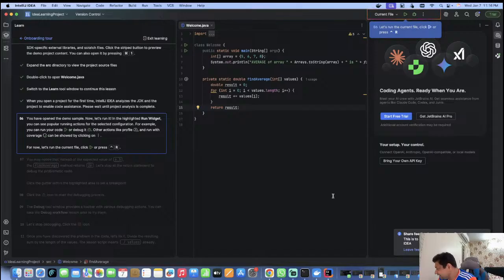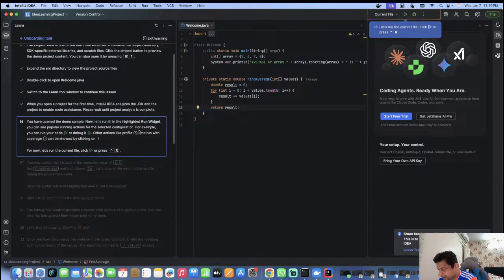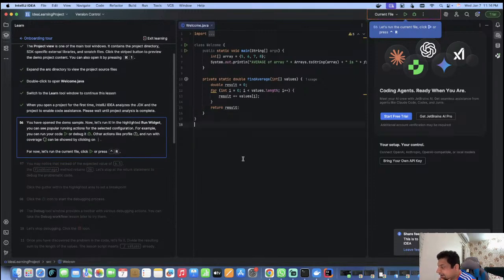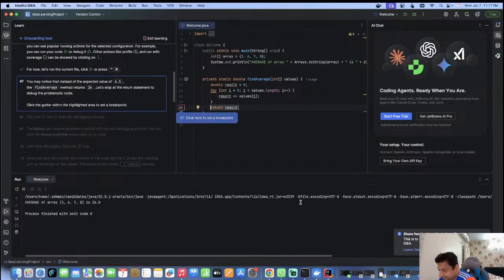So they have an agent-based coding also available here. Here there's a sample file, I can run it. You can just click on this run button, the green triangle. This will run your code. It's compiling the code and it's running. And here's the output. Average of the array is